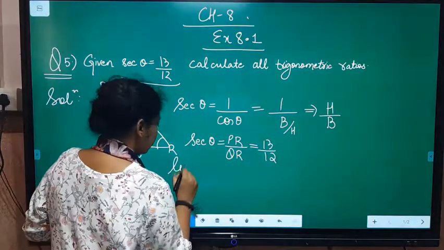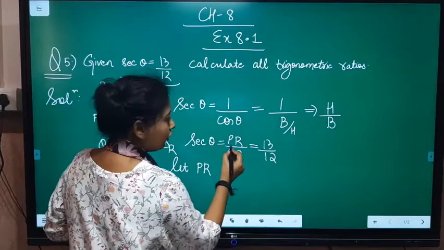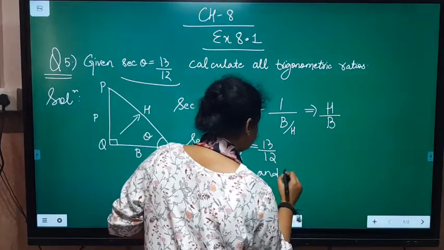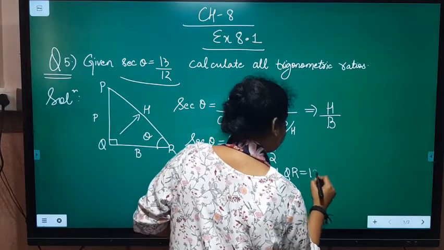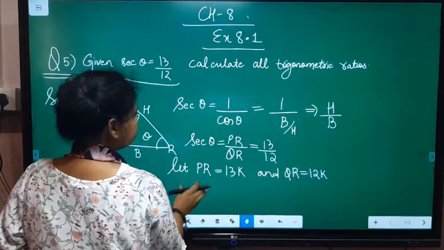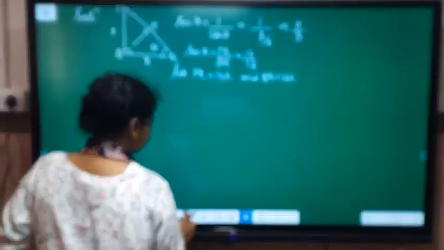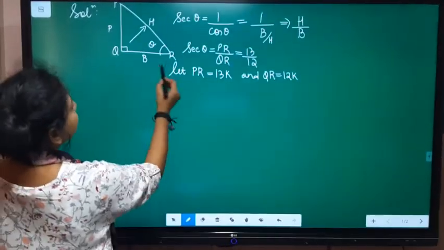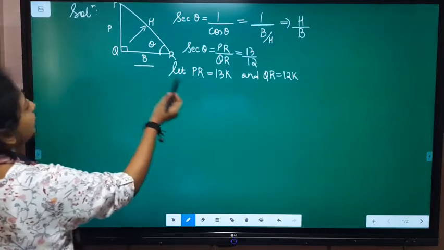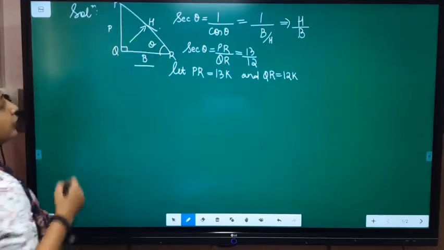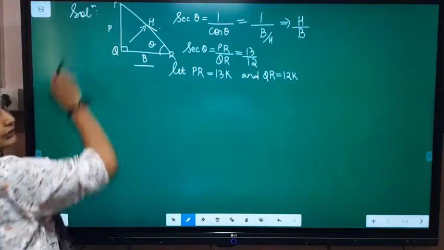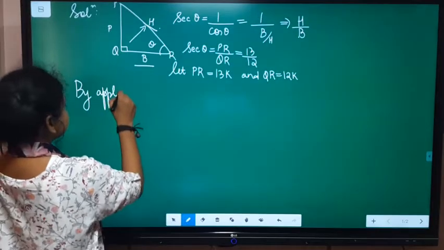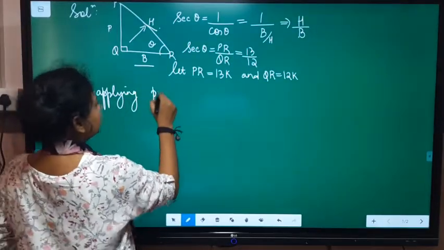From here, let us consider the value of PR equals 13K and the value of QR equals 12K. Again, now see, in the right angle triangle, we know the value of QR and we know the value of PR. This value and this value we know and we have to find out this third value. So, by applying Pythagoras theorem,